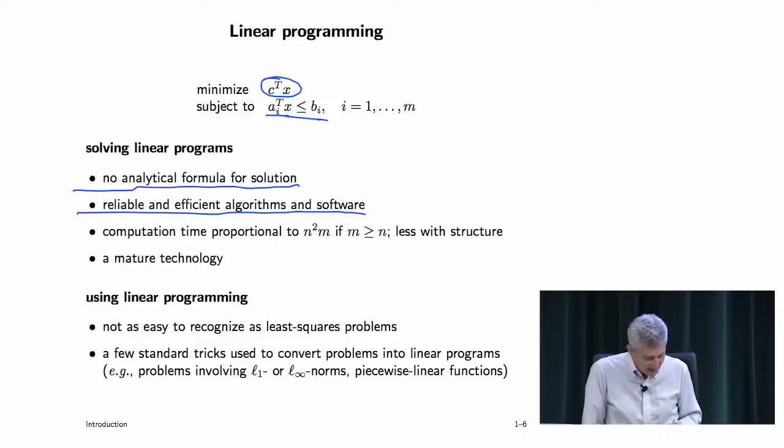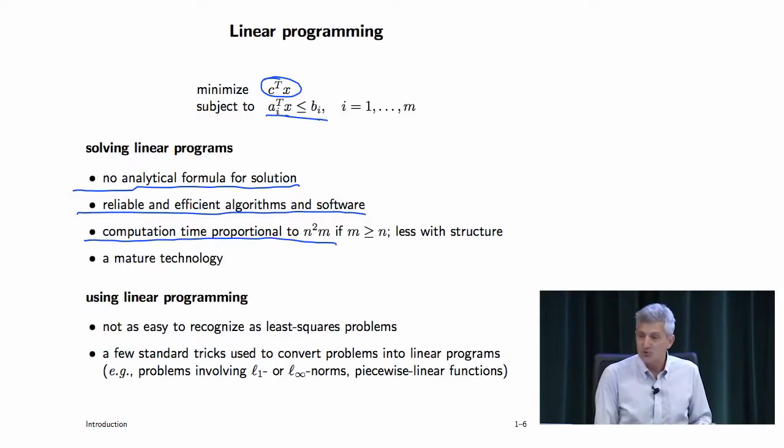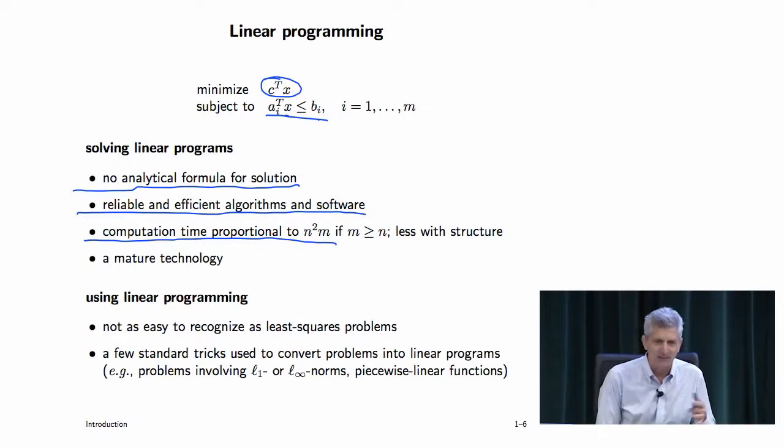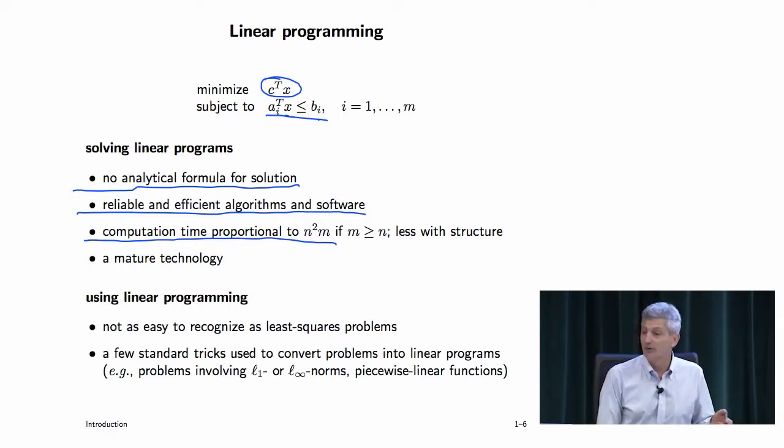Okay. So now the computation time, this is very interesting. It's just like least squares. It's the number of variables squared times the number of inequalities, and the number of inequalities doesn't have to be bigger than the number of variables, but typically is. So same sort of thing. It's a small dimension squared times a big one. We're going to come back to that later in the class. If you remember nothing from the end of this class, it's small squared times big. But we'll get to that much later.